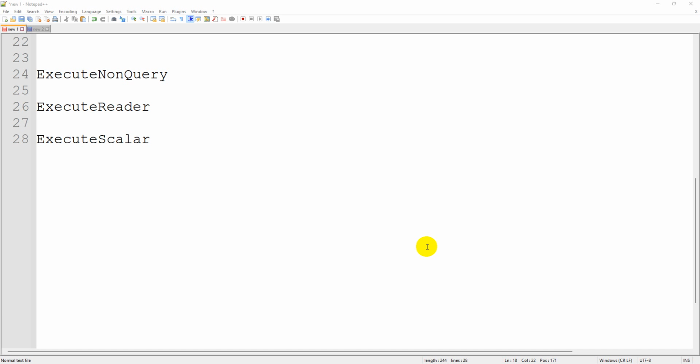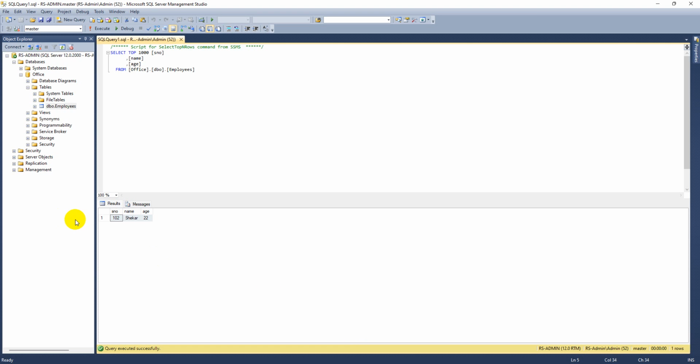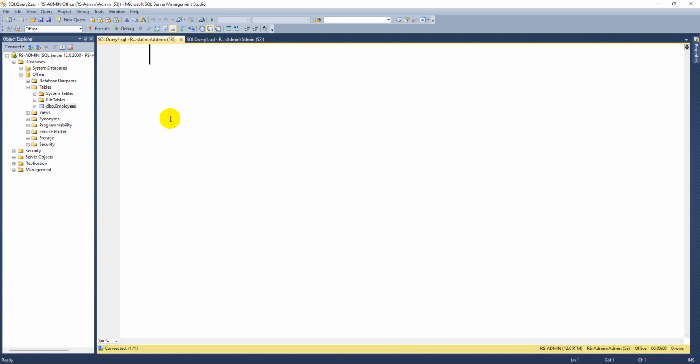Yeah guys, in this video we are trying to understand the syntax, how we can get the data from an SQL Server table to our front end C#.NET. So we have only one record, so that's the reason let me insert a few more records into this particular table, so that here you can also understand how you can insert multiple rows inside the table. That's also one thing you can easily understand.